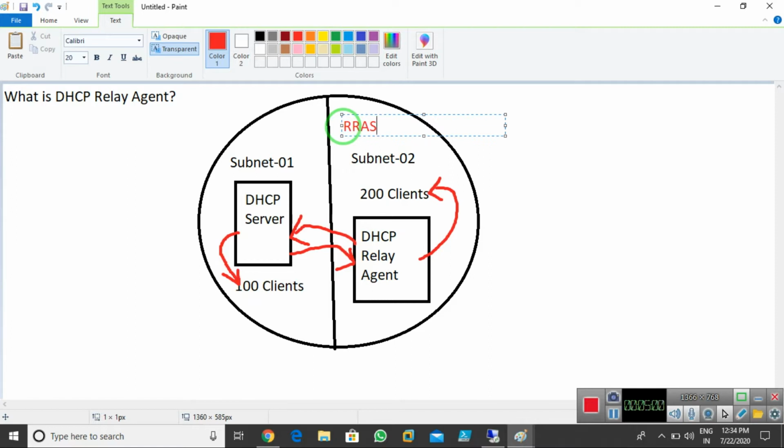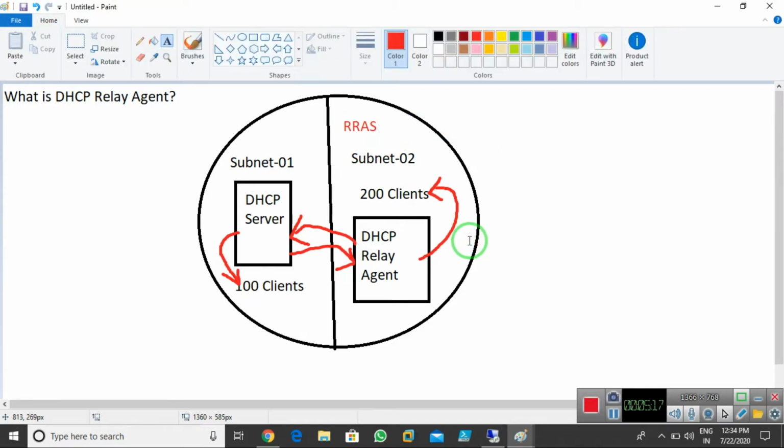With the help of that service, I configure the DHCP relay agent. In my upcoming lectures, when we cover Routing and Remote Access Services, I'll show you how to install the DHCP relay agent as well. With the relay agent, we can provide IP addresses on remote locations, because my DHCP server is not able to provide IP addresses simultaneously on two subnets or two locations.